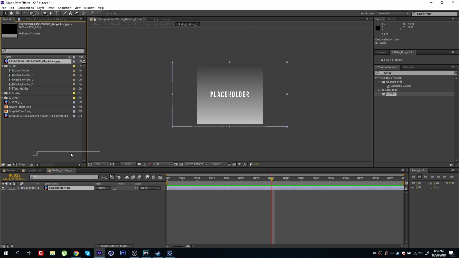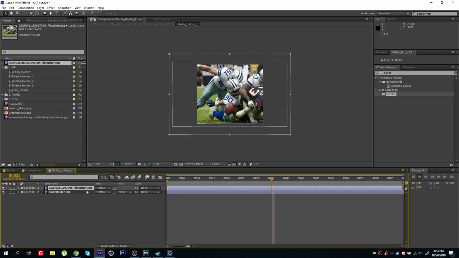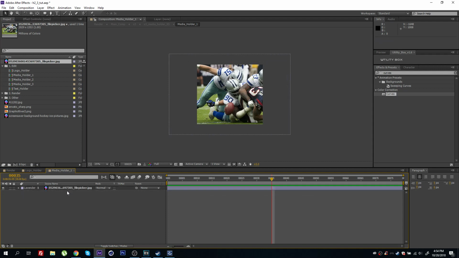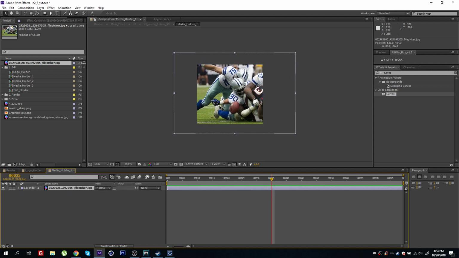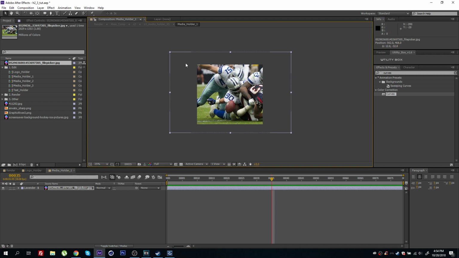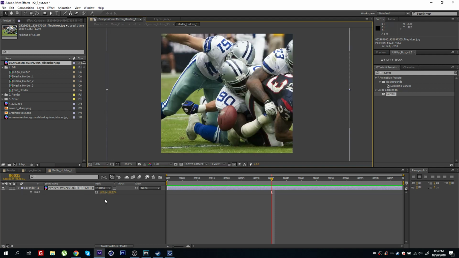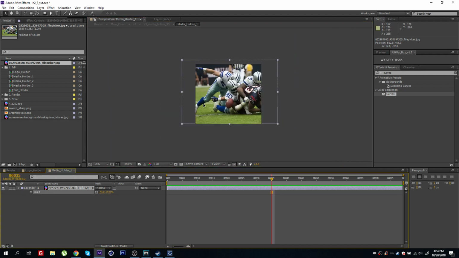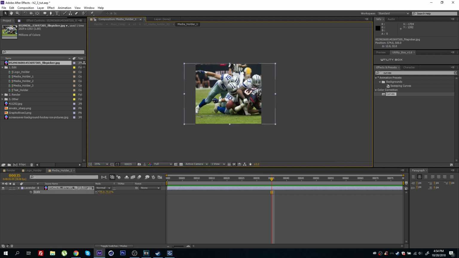Simply drag your new file in this composition and delete the placeholder layer. Alright, make necessary adjustments to fit inside this square and maybe rescale this, and you can also maybe try color